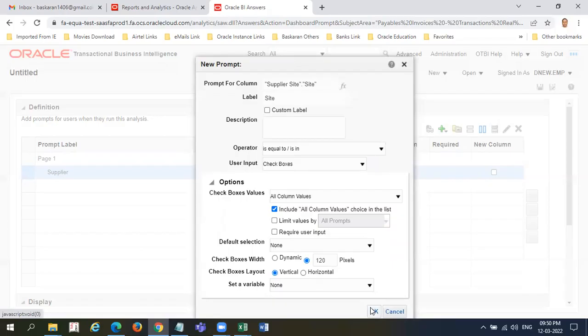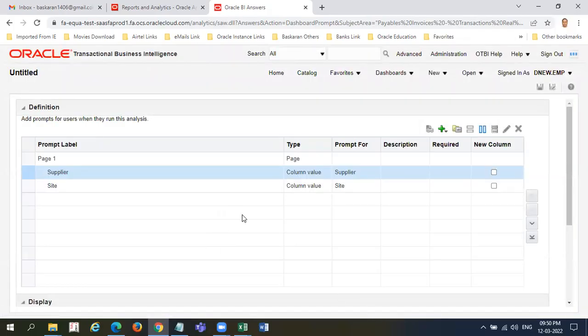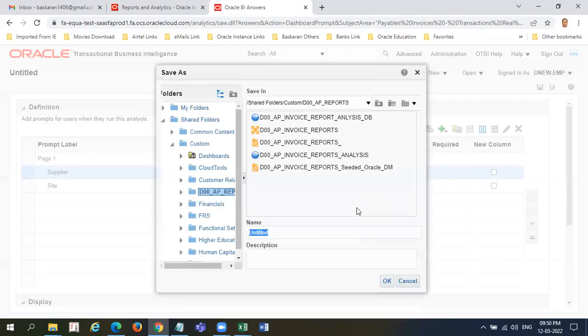So two different info I have given here. Now let me click on save. So this is called data dashboard prompt. It is saved under